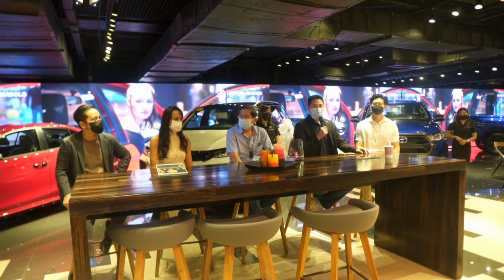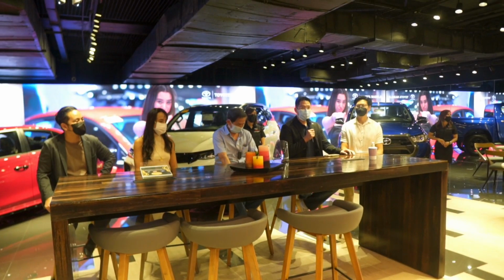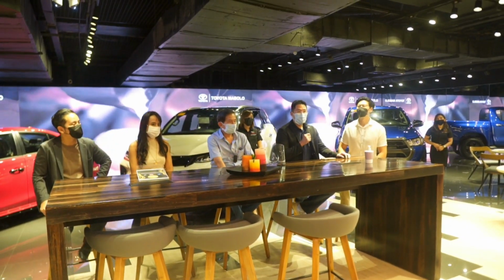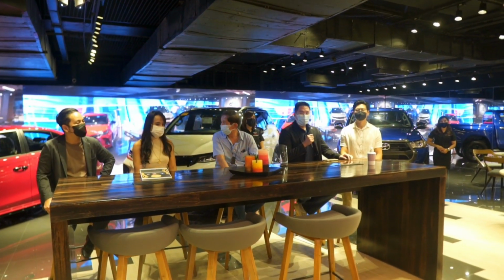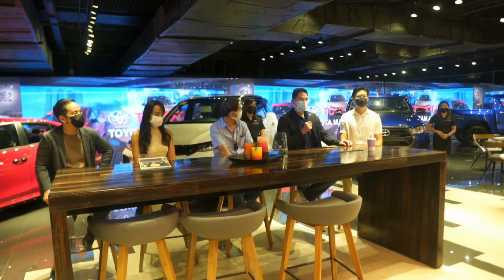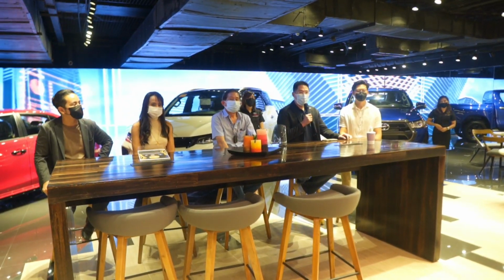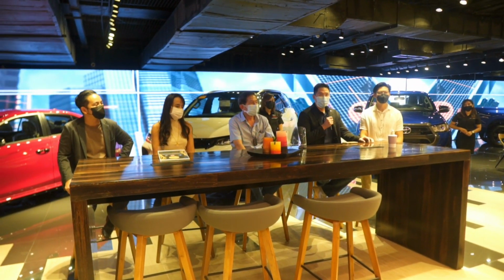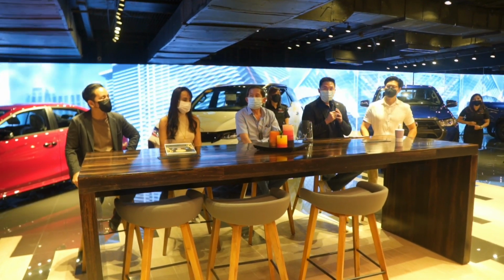Hopefully, this lifestyle center would elevate everybody's and our customers' experience in buying and owning a car. A car is a very aspirational object for a normal Filipino family, and hopefully we will be able to deliver the expectations of all our customers in owning a Toyota vehicle and let their families experience the wonderful joys of road trips going from point A to point B and living life to the fullest. We would like everyone to enjoy